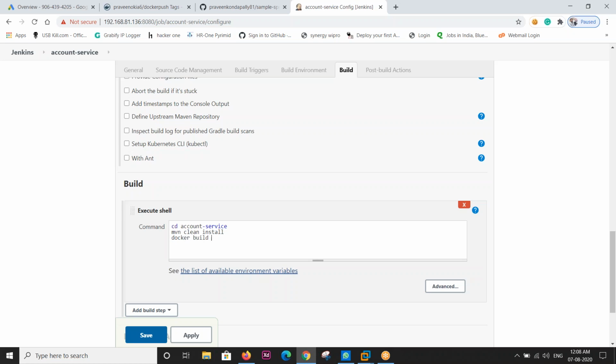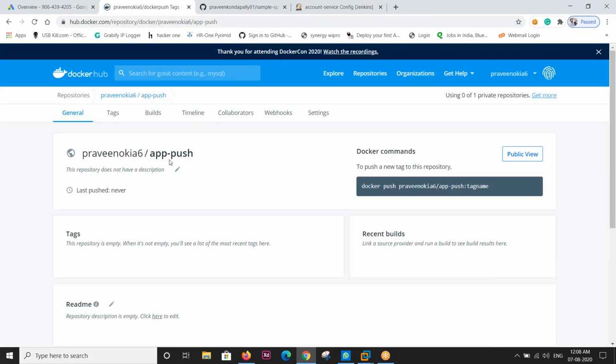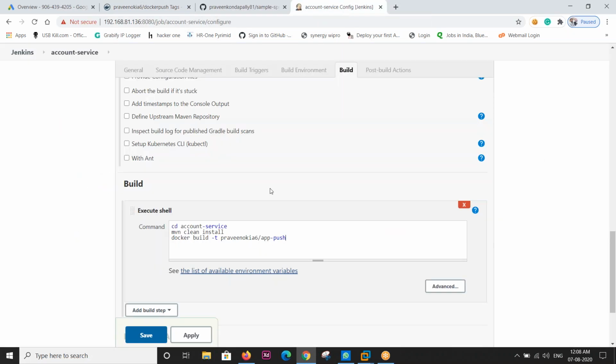So I'm giving a Docker build command, Docker build -t. Then I'll give my Docker Hub username and then the repository name. That's app-push. Check if I'm not wrong. App-push. Yes. Space start. Then we're gonna push this application to a Docker Hub account. So Docker push